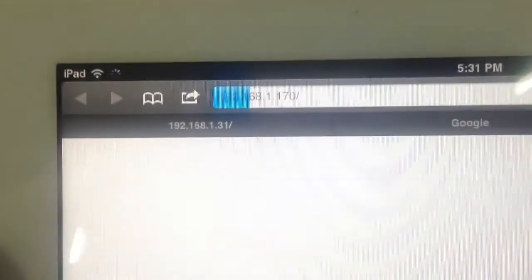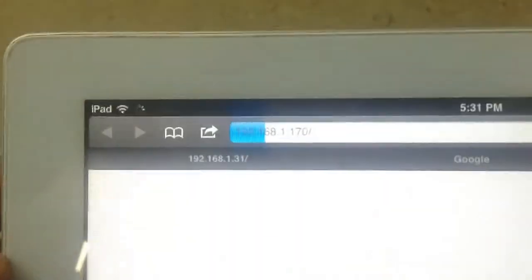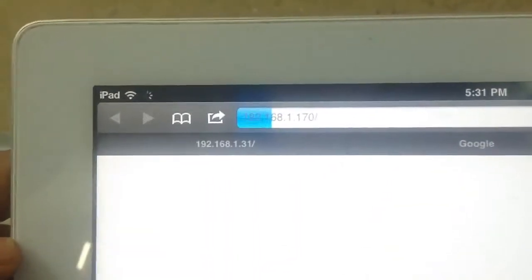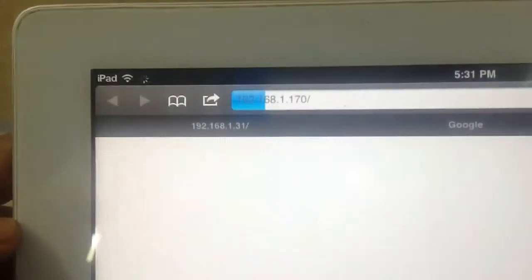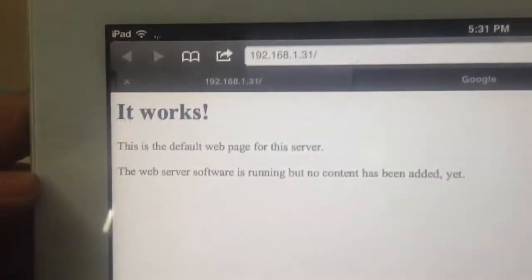Let's say 192.168.1.170. Yeah, we can see that it's not able to access 1.170. So 1.31 is the only internal resource that has been given access to iOS.